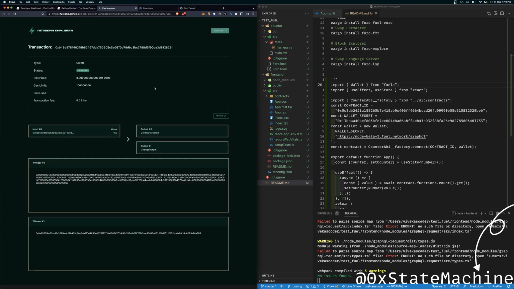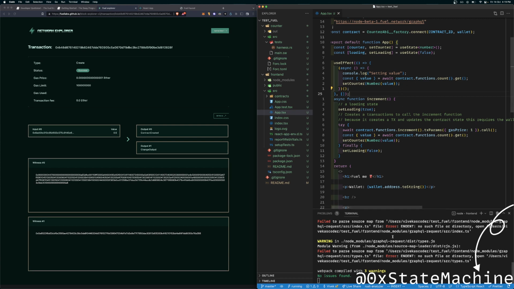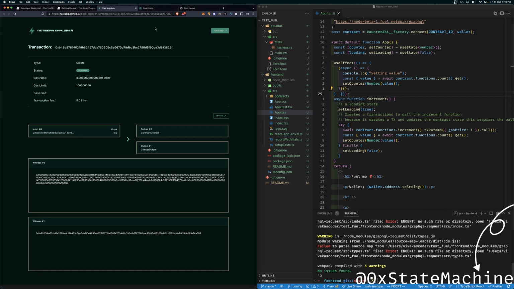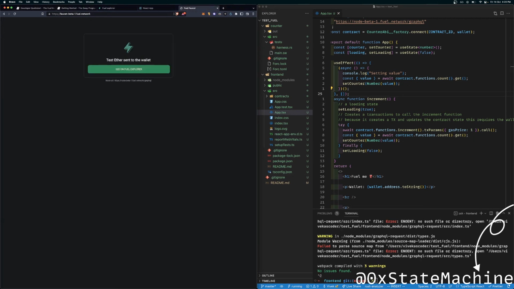Okay, so now we can actually build on top of it, and now we can learn a bit of Swaylang and see what are the cool things we can do on it.